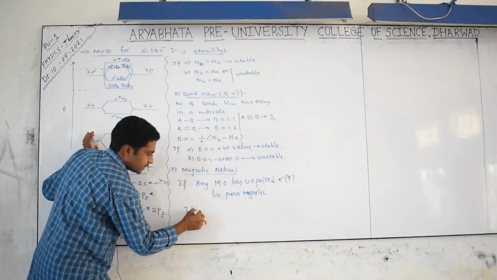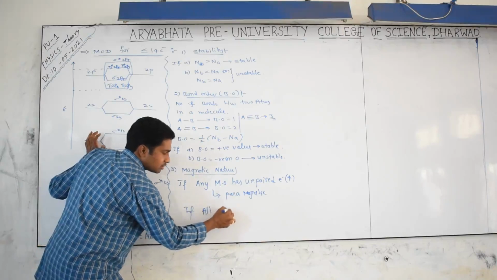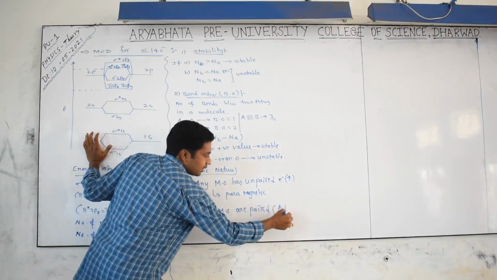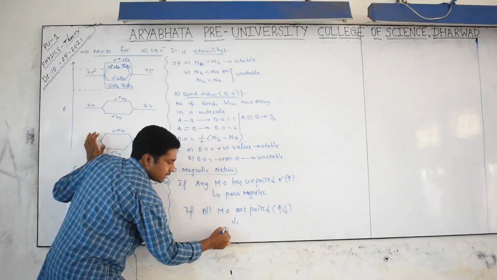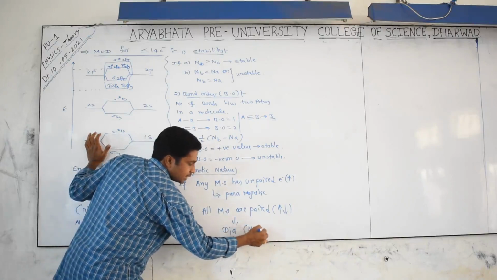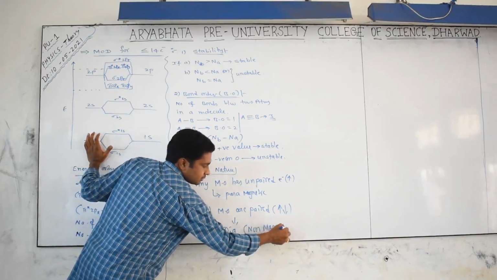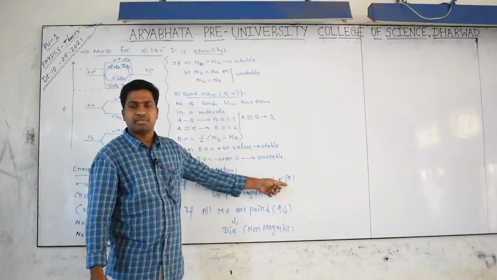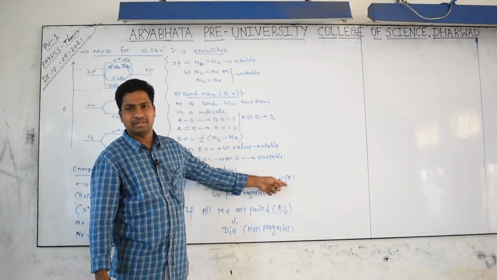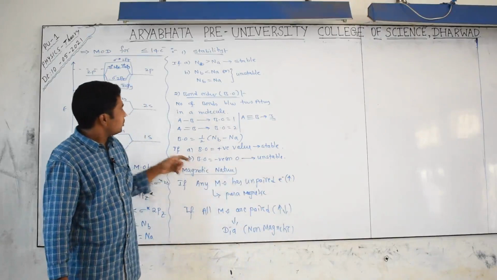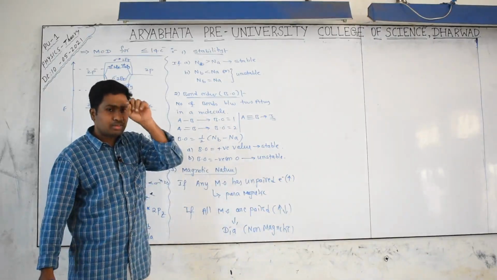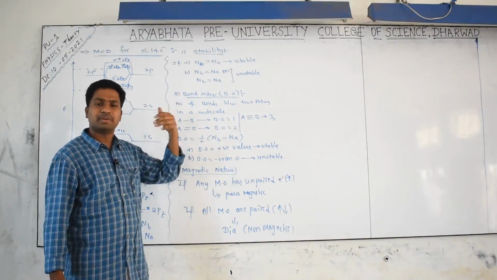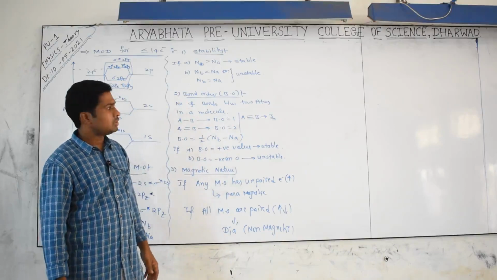In the second case, if all molecular orbitals are paired, like upward and downward spins, it is called a diamagnetic substance, also called a non-magnetic substance. I told you very clearly, for so many properties of a material, like color, magnetic nature and conductivity, the single electron is responsible. So if at least one molecular orbital contains an unpaired electron, it is a paramagnetic or magnetic substance. If all molecular orbitals are paired, then it is a diamagnetic substance. Did you get my concept?